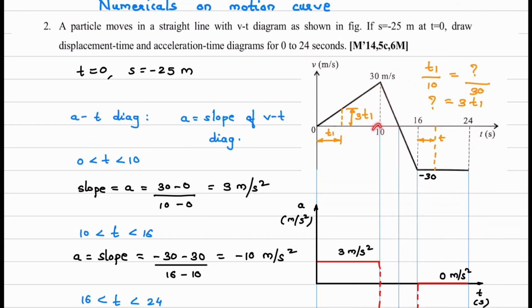Next point, we have calculated 10 seconds. Now if you see this is 10, this is 16, and this is 30, and this is minus 30. So this point between, it will be how much? 13. So total is 6. In between this time period will be 3 seconds. So this will be 13 seconds. So at 13 seconds,